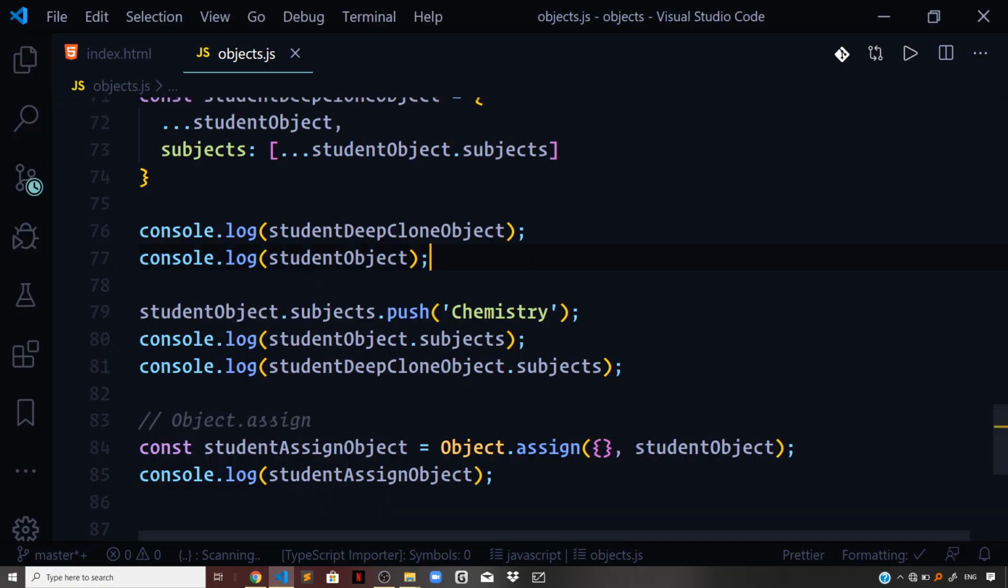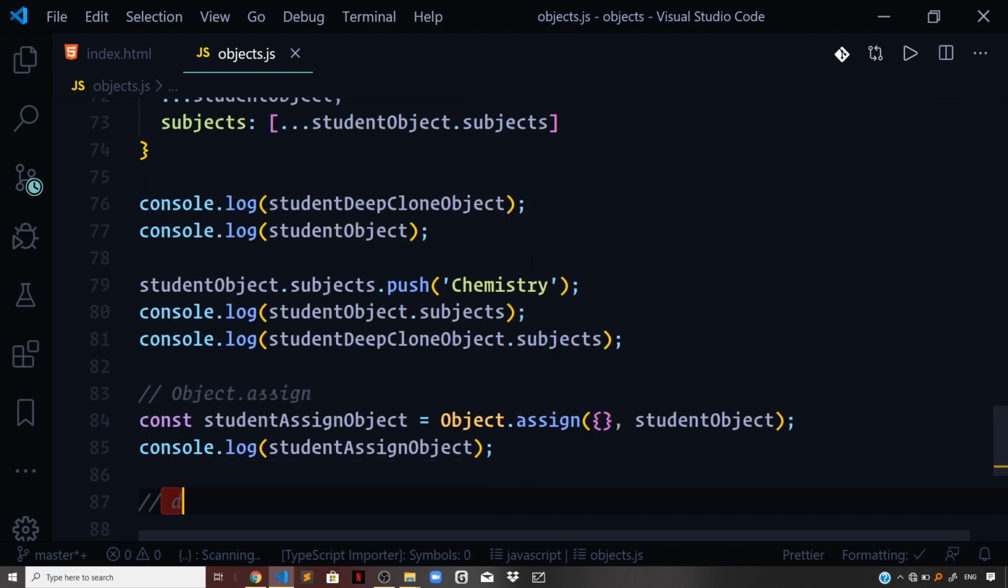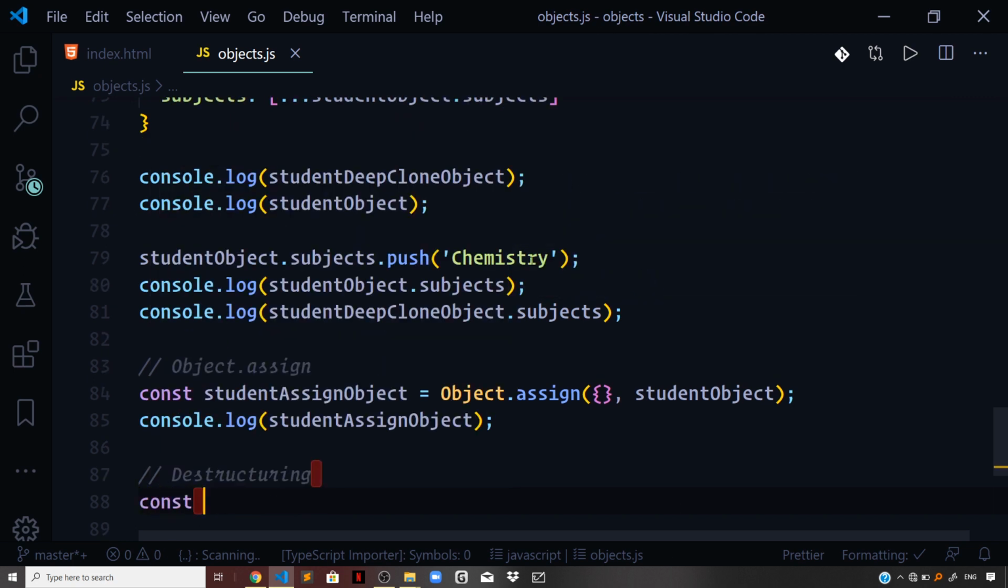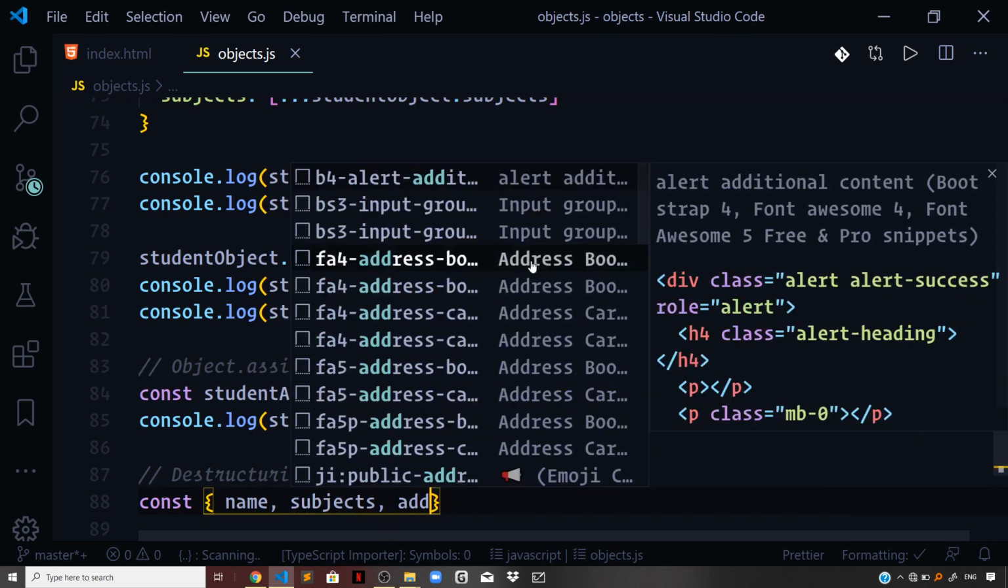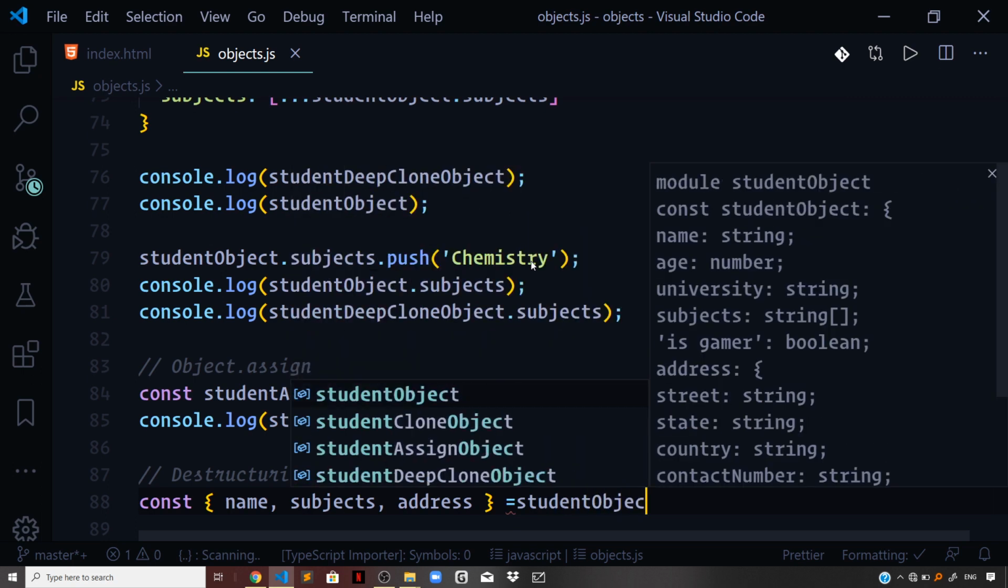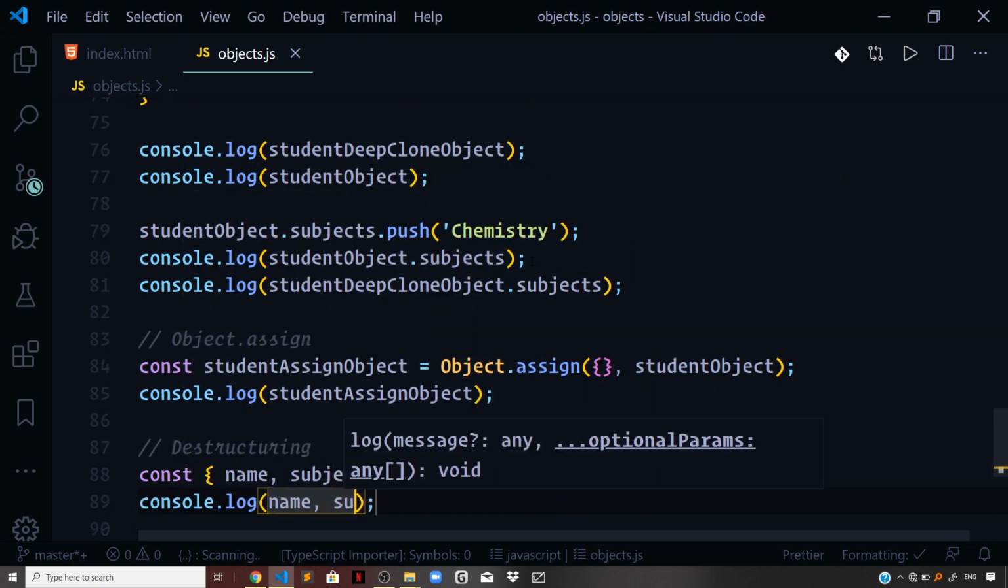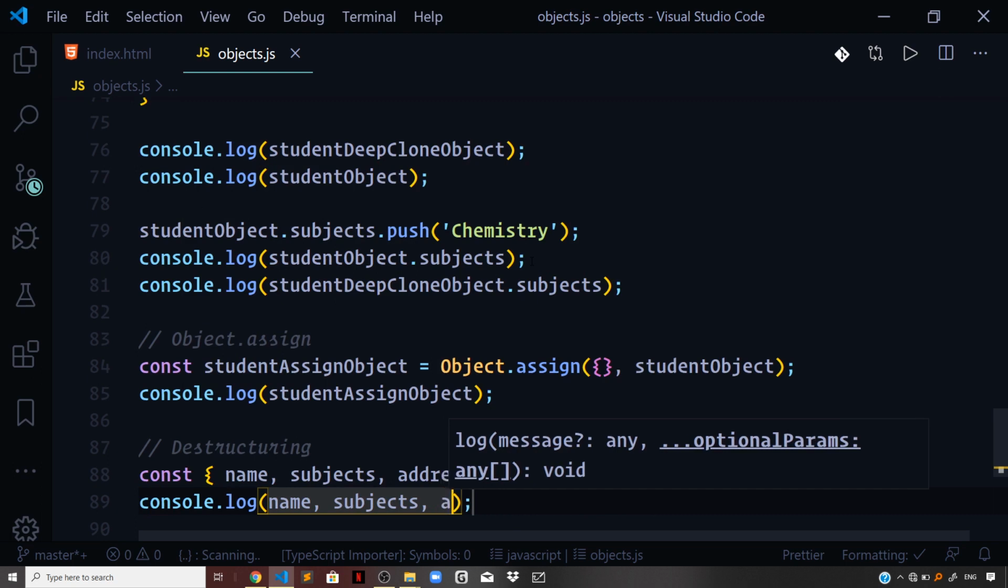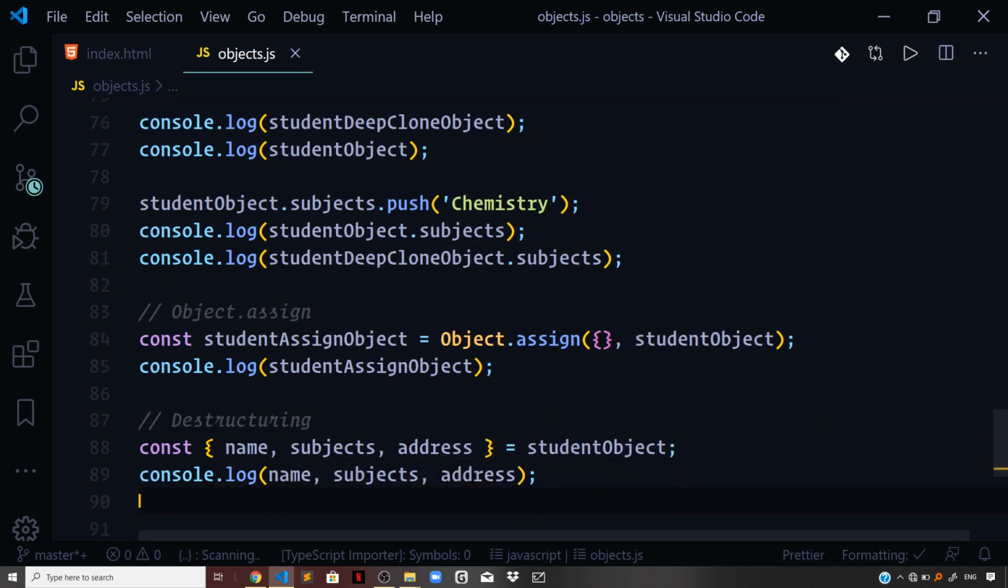So what I will do is destructuring. This video is indeed going a bit longer, and I'm really getting tired of making such a long video, but okay, finish it fast. Name, and then we have subjects, and then address, and I will grab those properties from the student object. And if I now log these properties to the console, name, subjects, and address,